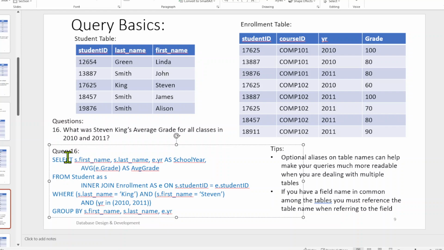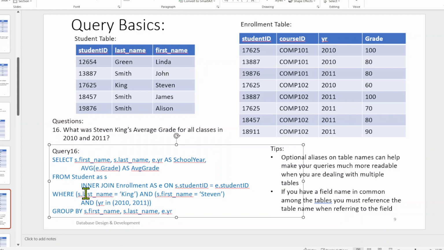So looking at this one, we've got student name. Now notice even up here, it's going to tell you where they're from. So the student first name and last name all come from the S student table. Inner join enrollment, and the year and grade both have an E in front of them up here. That means they come from this table over here. And we just inner join on student ID equals student ID. And then the rest of this is